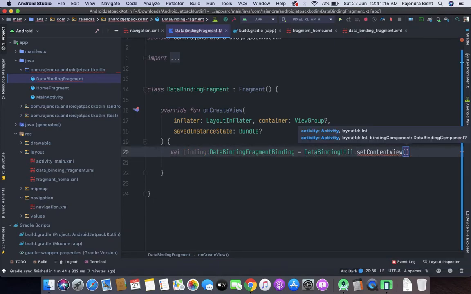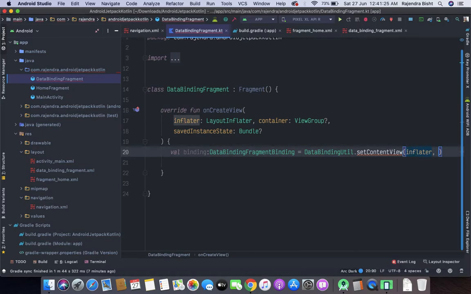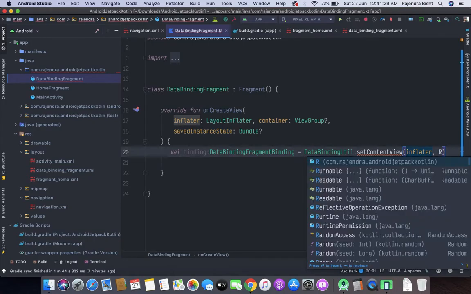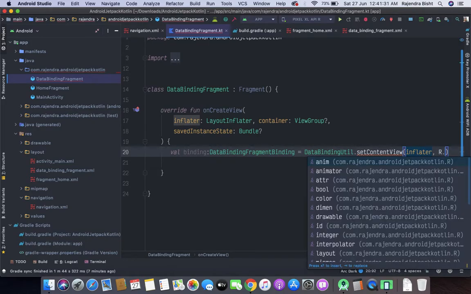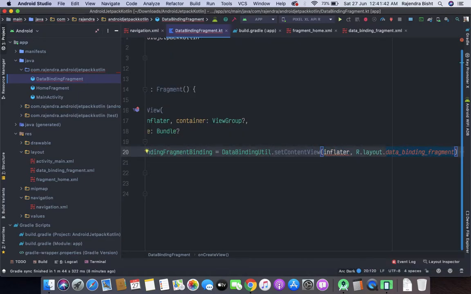Here we will set the inflater, data binding fragment.